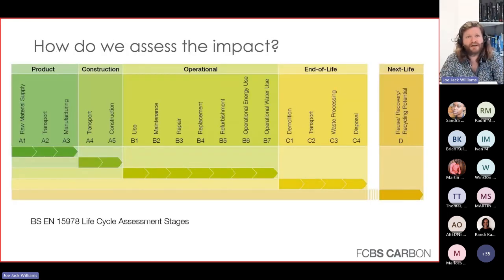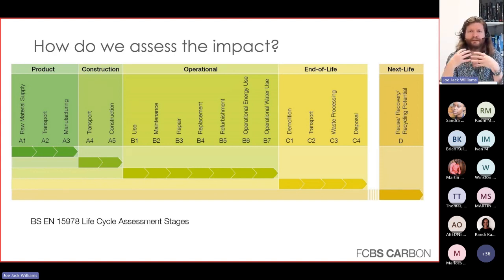Those are the key ones, and what they all say is the same thing. One of the things I really want to impress is this idea of a constant language, so people understand that we assess buildings over different life cycle assessment stages. These are the life cycle assessment stages in BS EN 15978. They are exactly the same in the LETI guide, exactly the same in the RICS guide that I showed, and exactly the same in nearly all the guides out there. There's a few differences, but we don't need to worry about those.